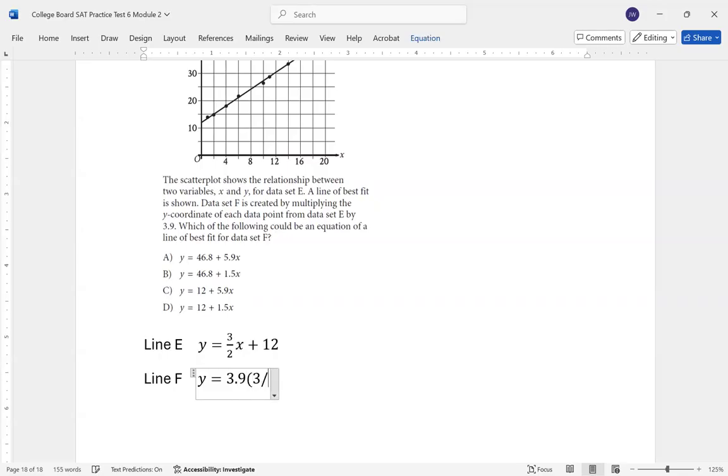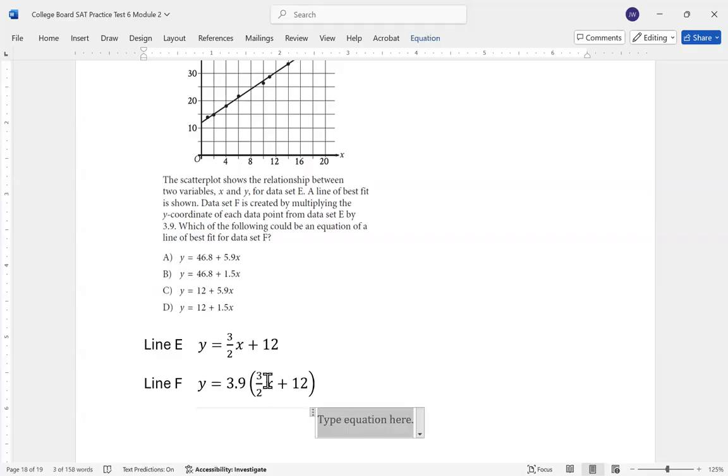Be careful when you do that. That's 3 halves times x plus 12, all in parentheses. And so if we're rewriting line F, that's y is equal to 3.9 times 3 halves. 3 halves, by the way, as a decimal is 1.5. So you get about